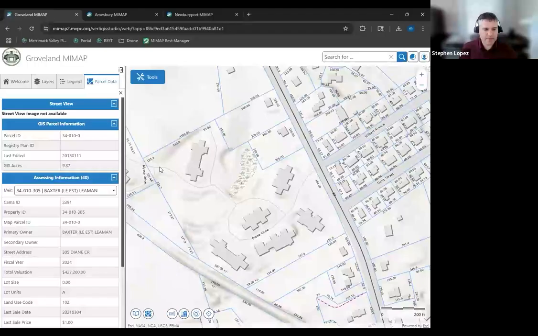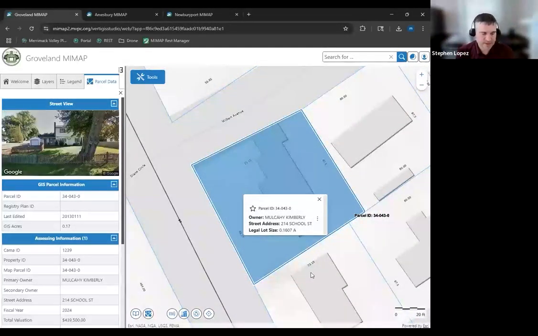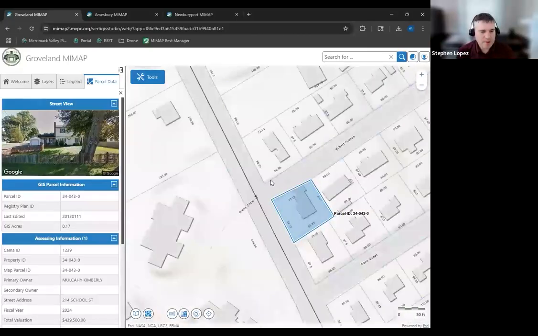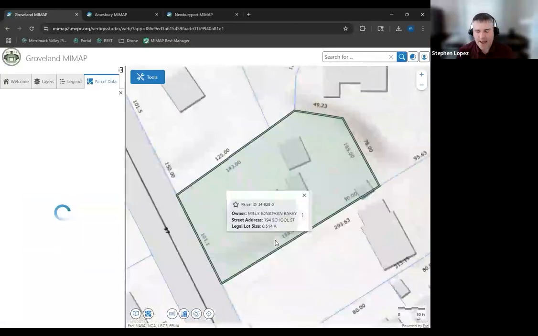Harry, you mentioned Google Street View. Yes, you can see now Google Street View is available for any property where Google Street View has been driven. Again, we don't control that. That's something that Google produces. I know you'll see in Groveland's case, as an example, I believe it's Route 97, and there might be one or two other roads that have Google Street View.